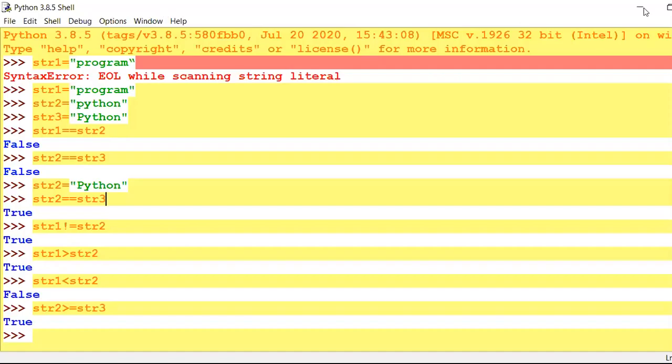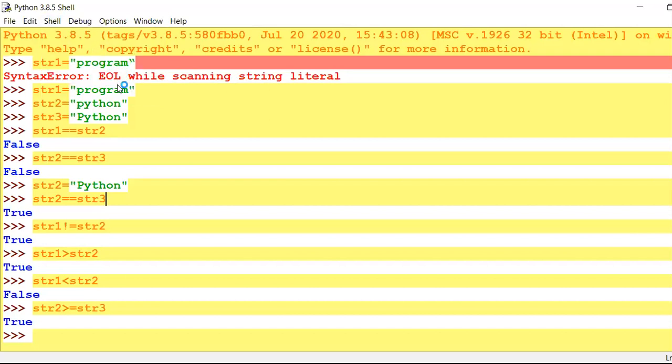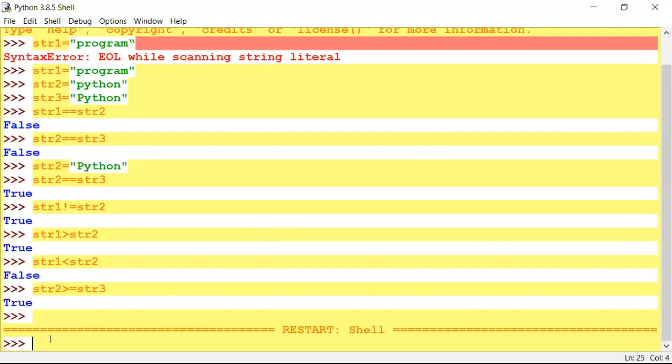I am resetting the cell. Here I am writing ORD, now I am writing 65.